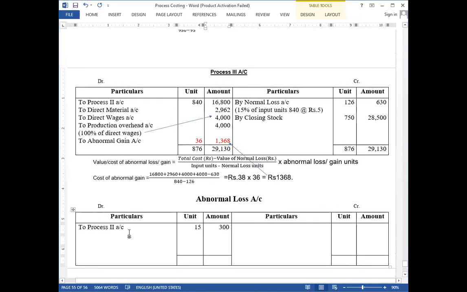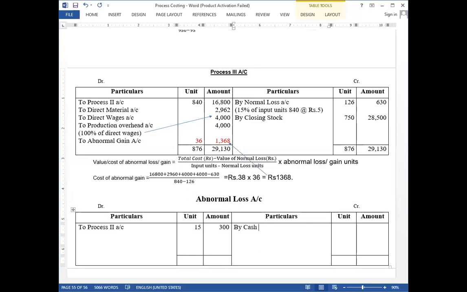So as soon as you finish this one, you have to convert this into normal loss. That means this is not valuable for 300 rupees because it has become loss. So then you have to convert into normal loss. Okay, so buy cash. Why am I writing cash? Because you are going to sell it. It has become normal loss.